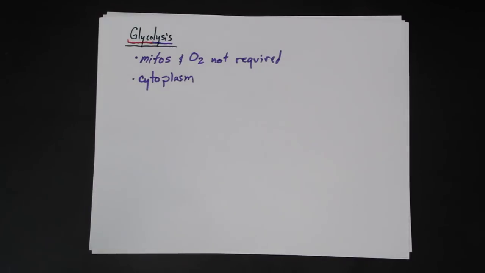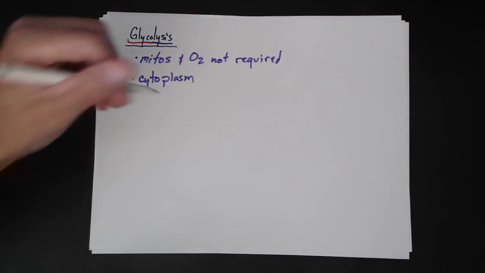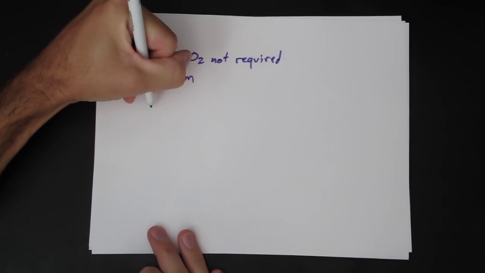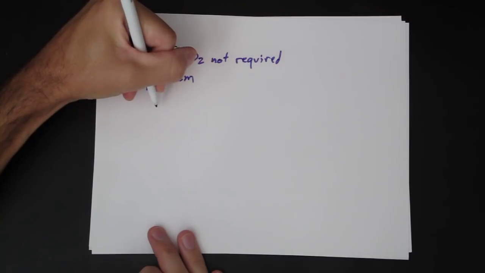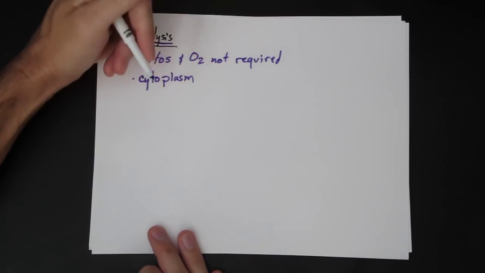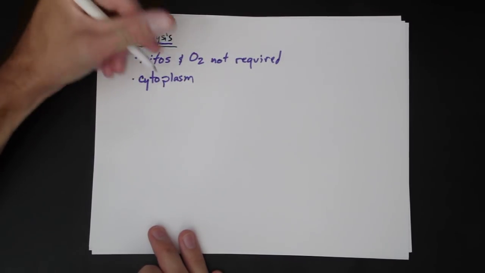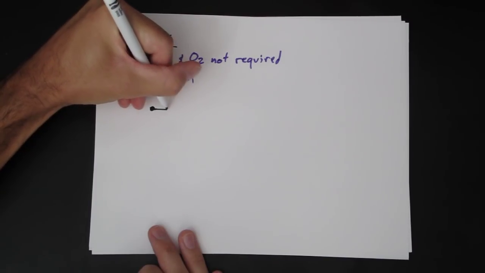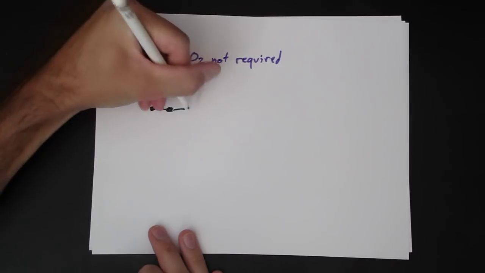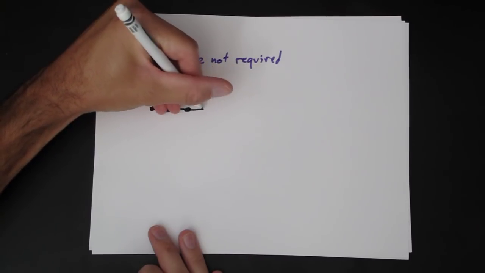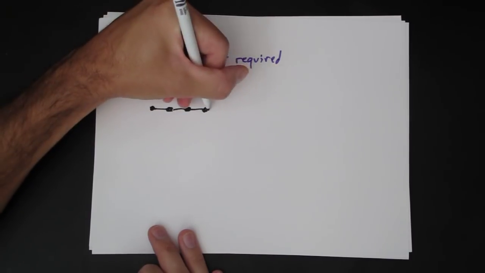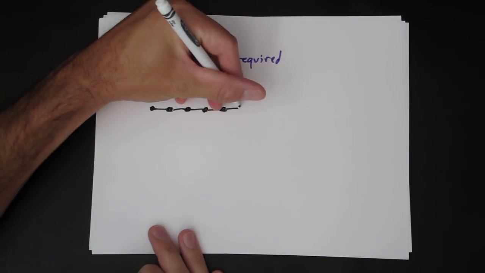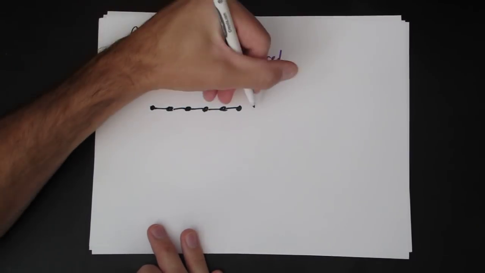Okay. Now, we're going to follow a molecule of glucose through this pathway. And glucose, as you know, is a 6-carbon sugar, right? C6H12O6. What we're primarily interested in here are the carbons. So we're going to go ahead and make glucose here. We're going to make 1, 2, 3, 4, 5, and 6 carbons, right? So here is